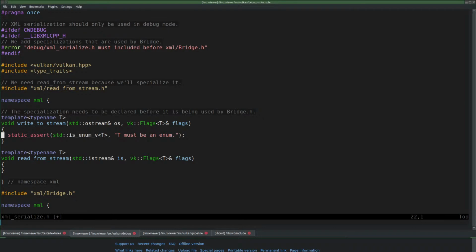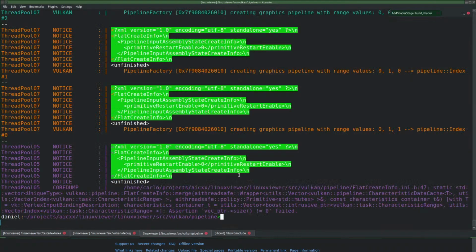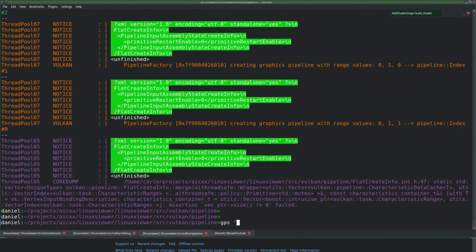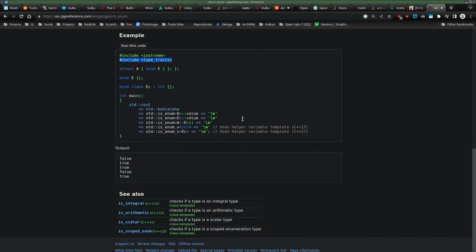Okay, now I also want to include magic enum. And I don't know what the header is. magic_enum.h. Magic enum.hpp.